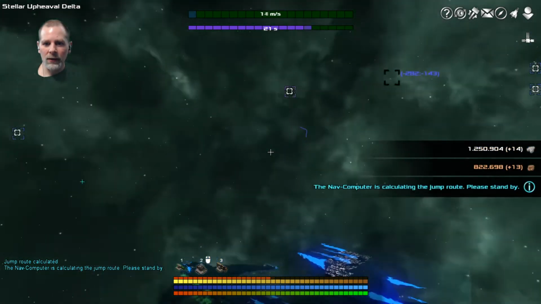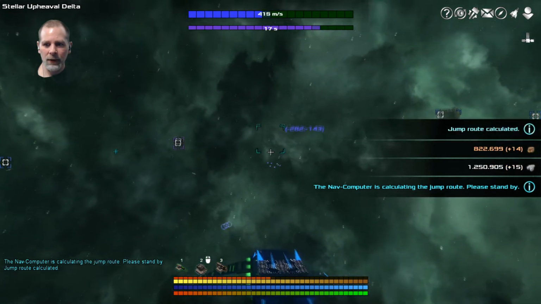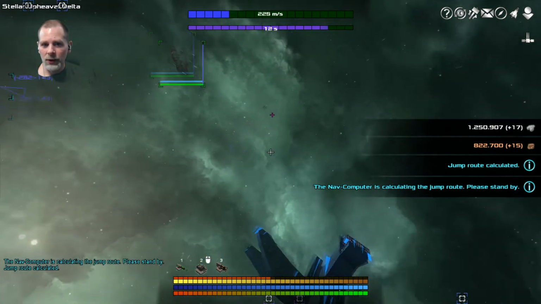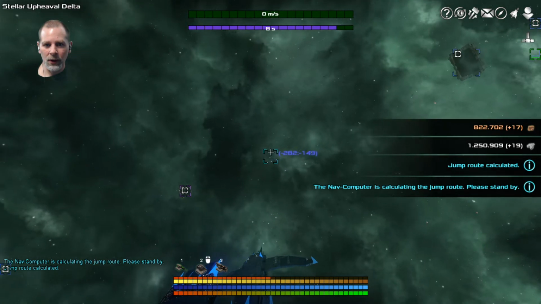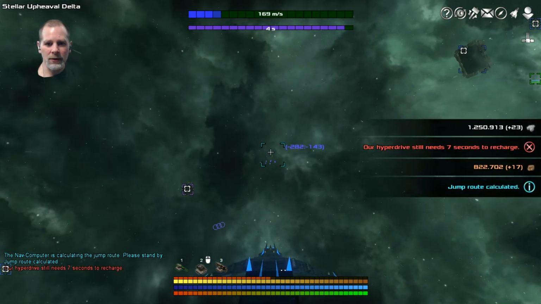Let's see what we've got. There we go, because this one's empty. All right, is the other one going to be able to jump in? I'm not sure what his cooldown time is. There we go. Okay, let's do it. Oh, we still got a cooldown anyway, so...